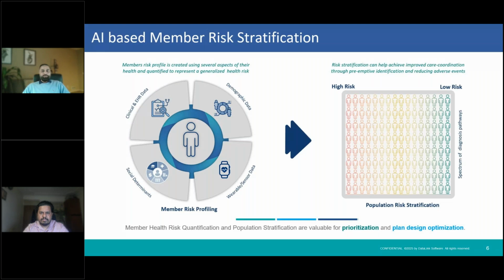And AI based risk stratification utilizes more data. It looks at a member from a holistic point of view. It looks at a member with multiple data parameters or data variables that were not considered in other rule based models. For example, it can look at your exercise data, it can look at your smartwatch, it can look at social determinants, which is an important and integral part in terms of defining the risk for a patient. And apart from being utilized for patient prioritization and plan design, risk stratification can help improve care coordination through early identification and helping to reduce the adverse events for the high likelihood population, utilizing limited resources,